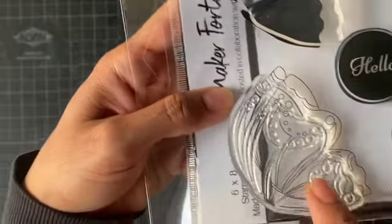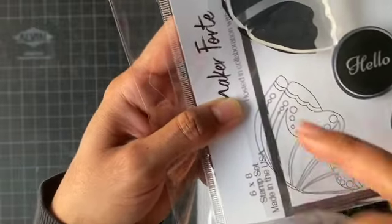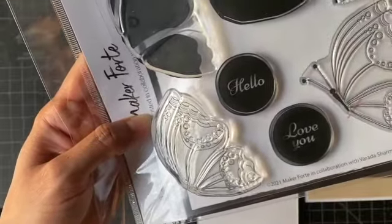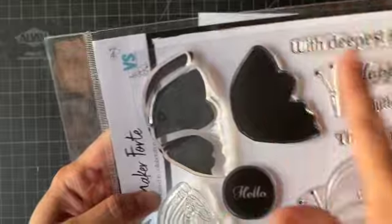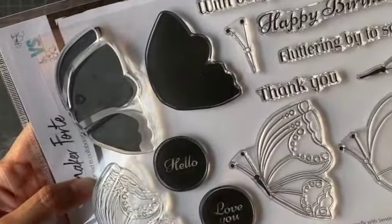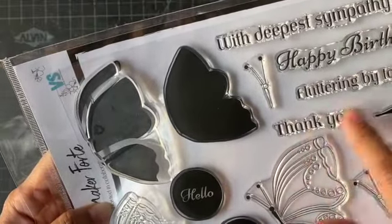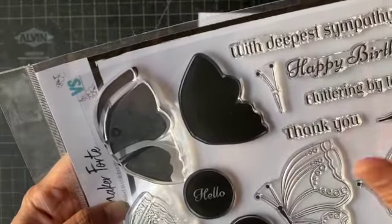So that I can stamp this image here but make each part of it a different color. So it's going to be another fun butterfly, and definitely planning more cards with this. And then you get a lot of generic butterfly related sentiments, like thank you. You can say fluttering by to say thank you, or fluttering by to say happy birthday, or you can say